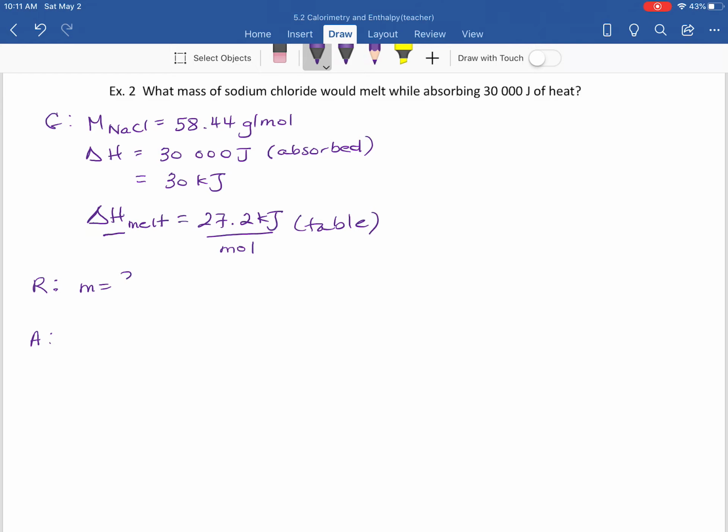a specific equation. We're looking for mass. The equation we're going to be using is once again the same one as before: delta H equals the moles times the molar enthalpy, and in this case, molar enthalpy of melting. So we know delta H, we know the molar enthalpy of melting. We're going to solve for n. So let's do that. n equals